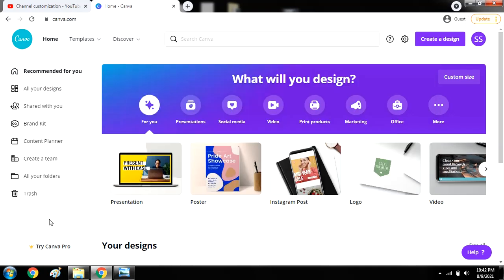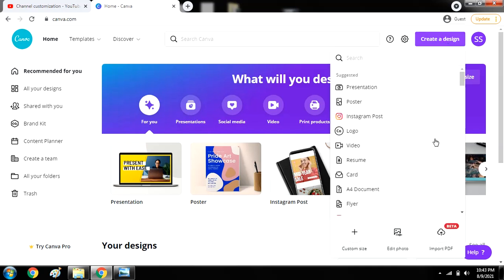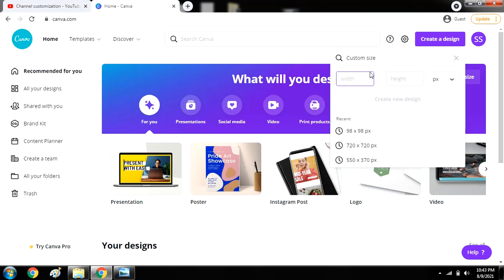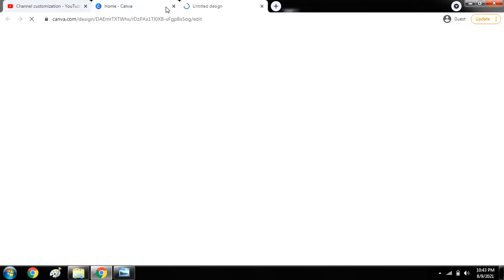You will find a plethora of templates here. Just simply create a free account here and click on create a design. You can choose custom size from here. Your requirement was 98 by 98 pixels, so you can choose minimum size 98 by 98 or any size more than that. Just click on create a design.